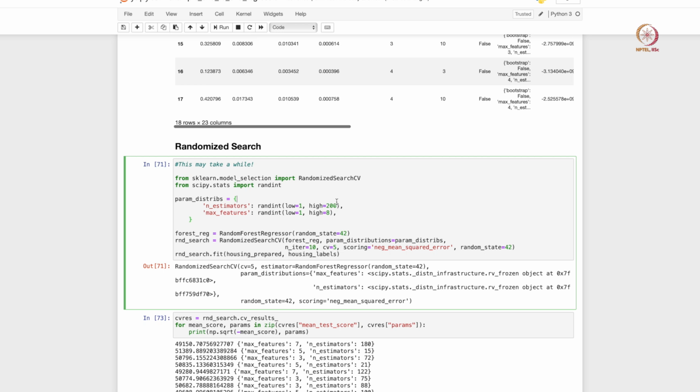Now 60 models on 16,000 data points may be doable on a laptop, but if you start scaling, let's say you have 1 million or 10 million data points, and you have more hyperparameters to scan, let's say 100 different combinations of hyperparameters, then the computational cost quickly scales up, and to avoid that, especially in very complex models, we can do what is referred to as randomized search.